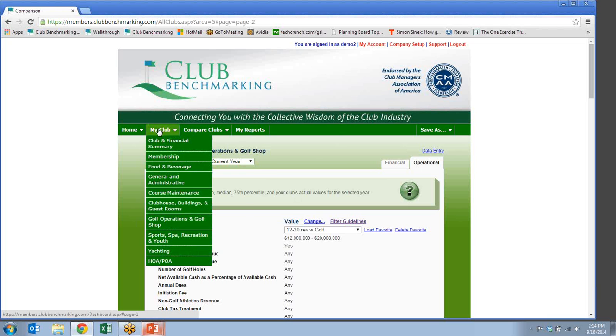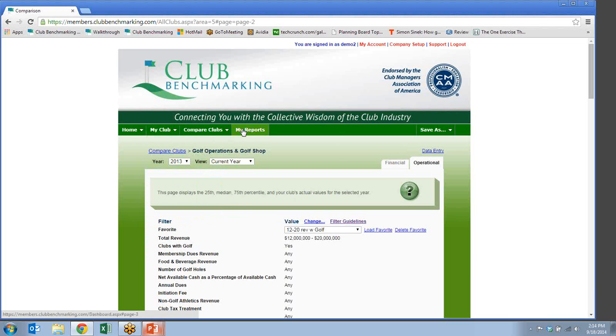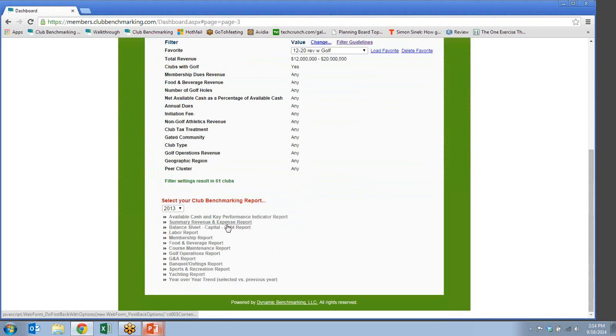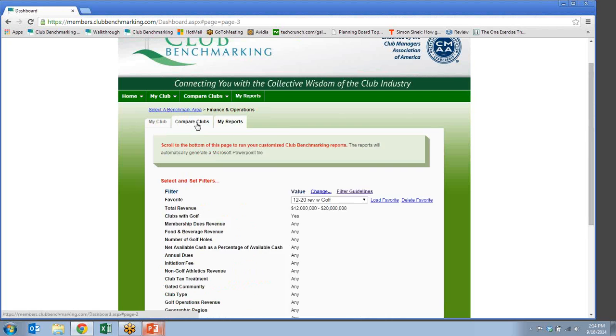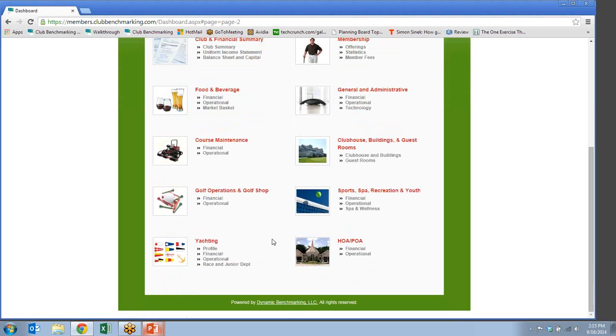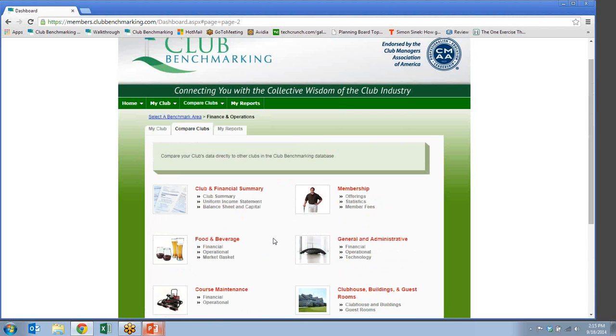So what I would say is that the reports very often give an overview and some strategic information using ratios and comparisons in that way. And the compare clubs allows you to shift from the overview directly to the specific and particular data points and make comparisons. So I did a walkthrough earlier in the day,